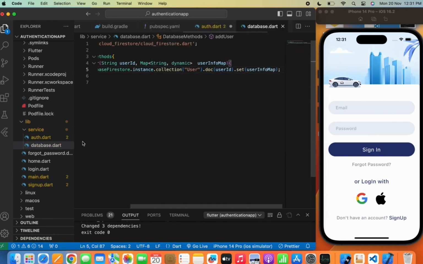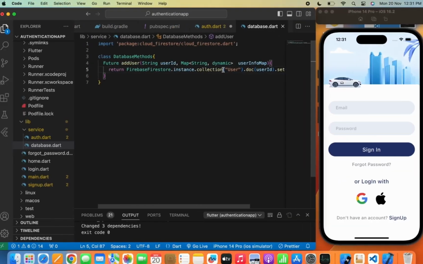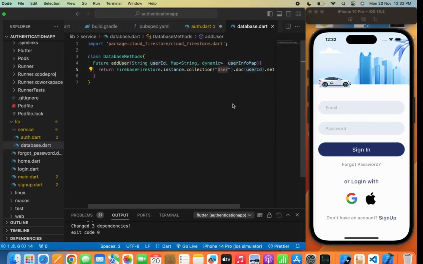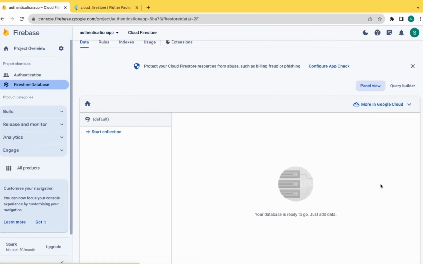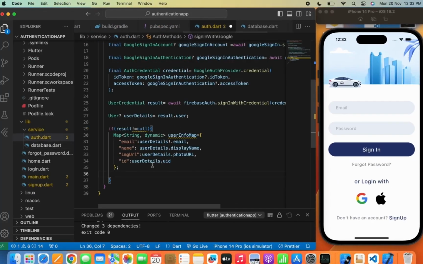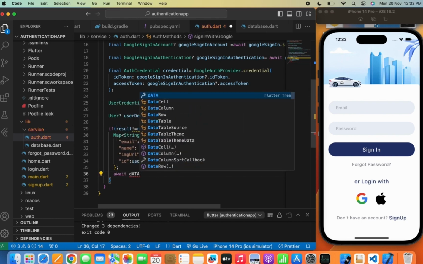info map. So FirebaseFirestore.instance, and we'll give the collection name here, which will be users, and in the users collection we'll pass a specific doc ID, and we'll use a dot set method to upload the user info map. So now let's move, and I will write await DatabaseMethods